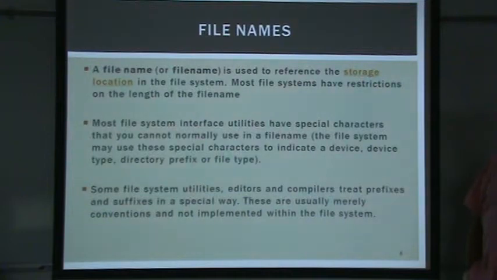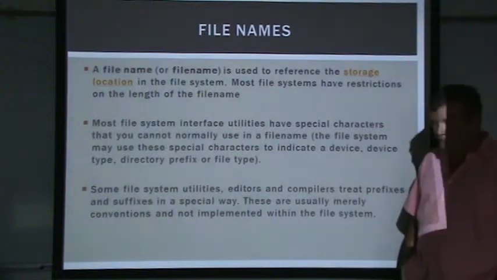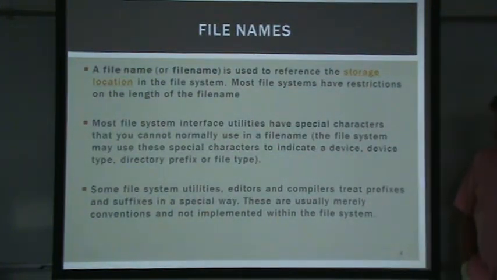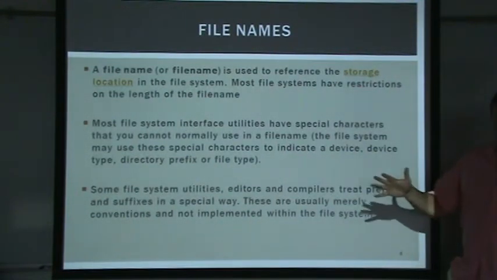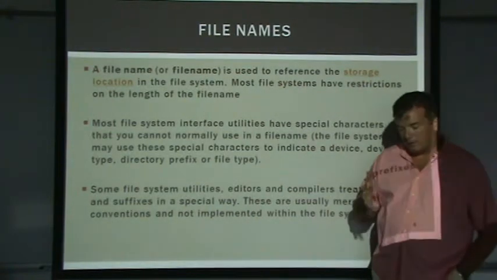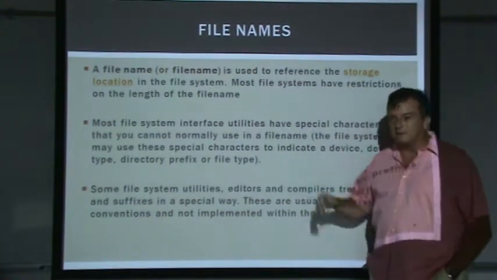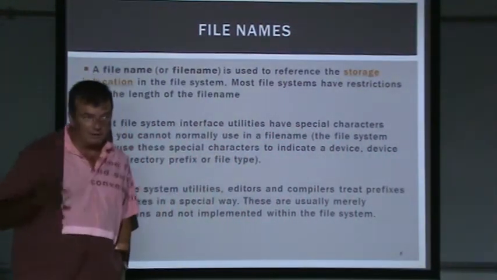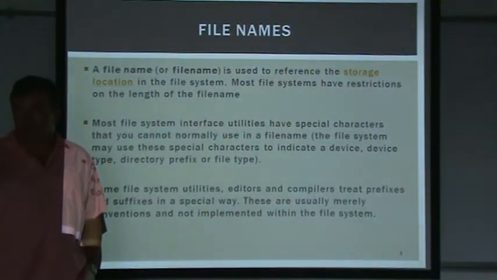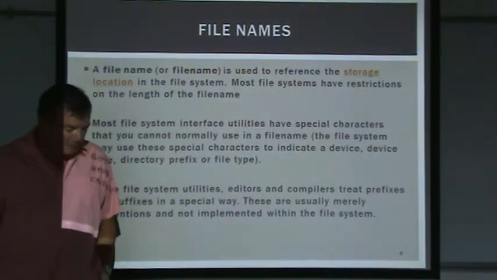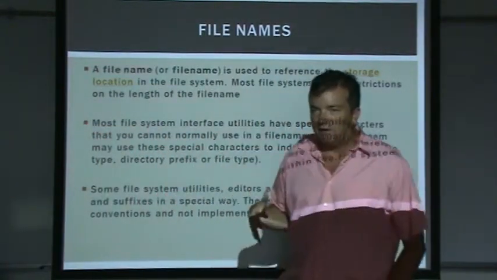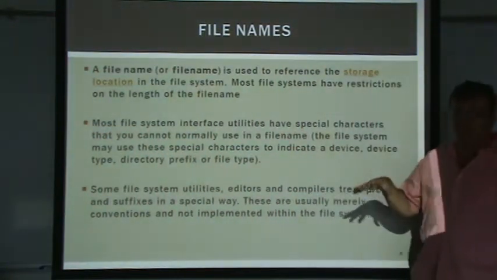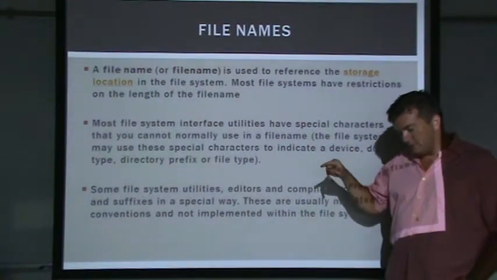Then there'll be utilities on the operating system that can interact with that file name. You could change the file name if you want to. And the file names could also have prefixes or suffixes, which may or may not, depending on the operating system, give meaning to the files. You probably know, and we'll talk about individual operating systems like Linux and Windows down the road, that a Word document might have a name, and then it'll be .doc or .docx. And that name doesn't actually give it a different meaning unless the operating system decides it wants to have a different meaning.